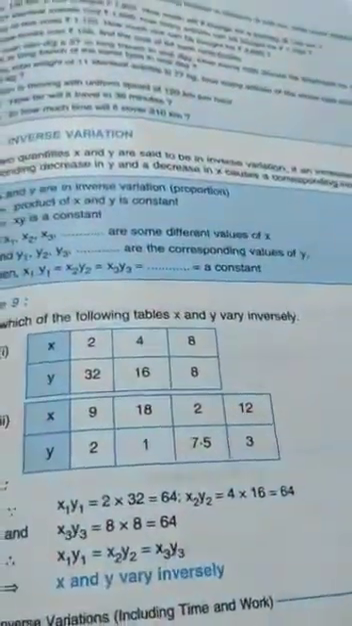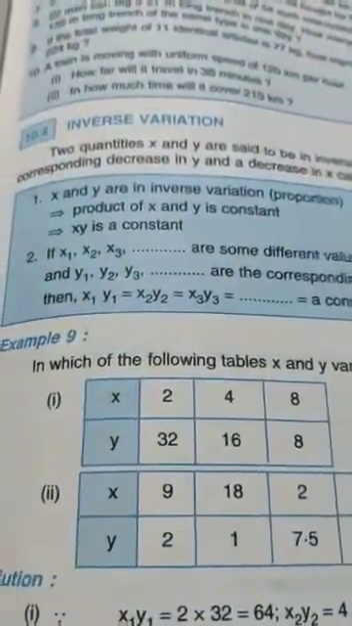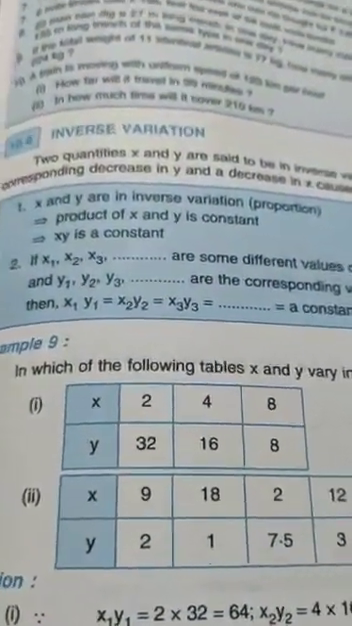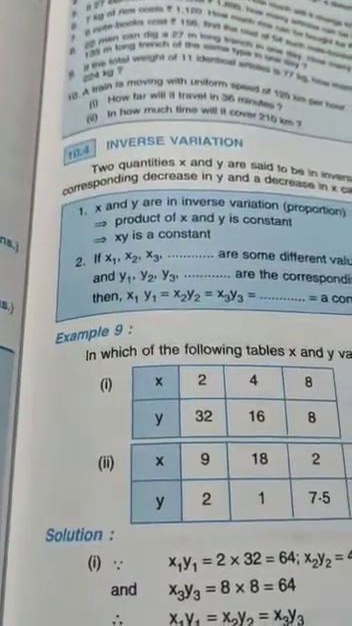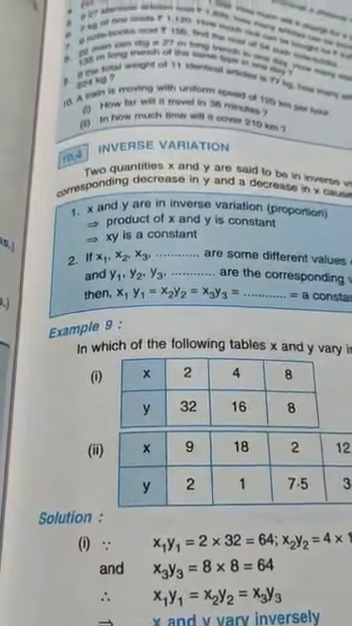Children, I hope you have completed 10A and 10B. 10B, I think there is no problem. Inverse variation I have explained. Direct and inverse. No? If two quantities x and y are said to be in inverse variation, if an increase